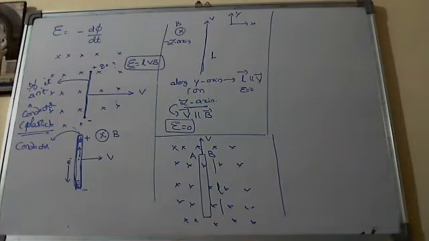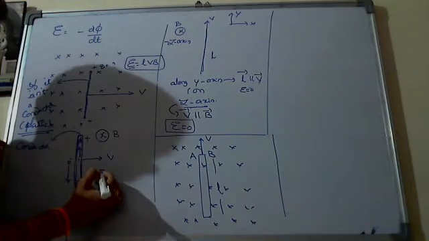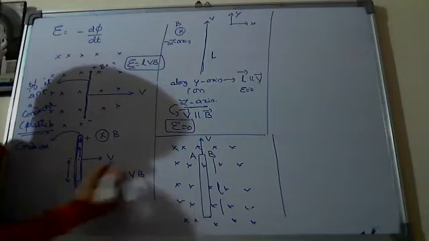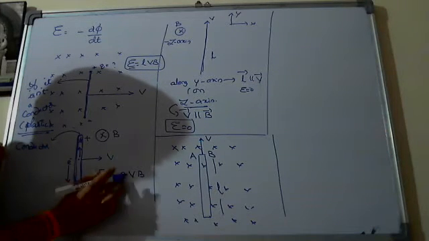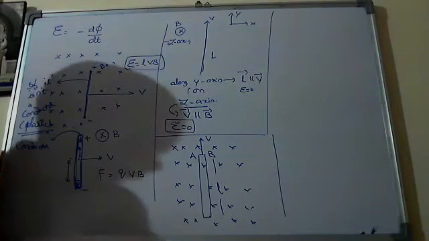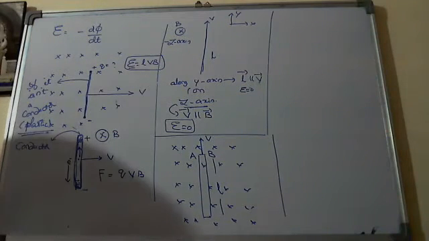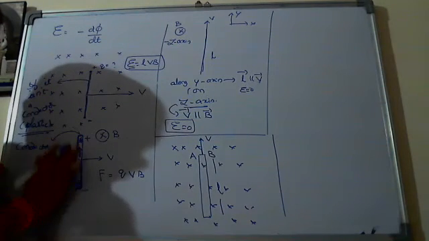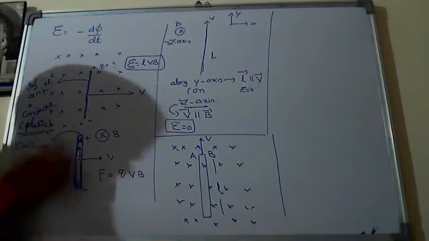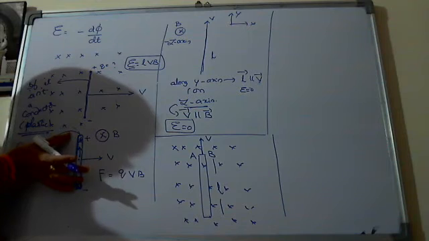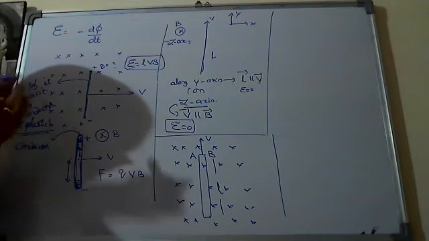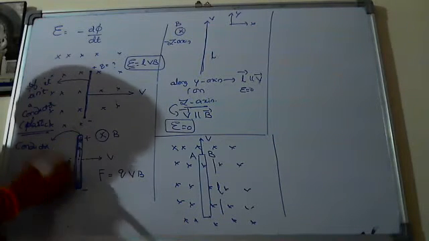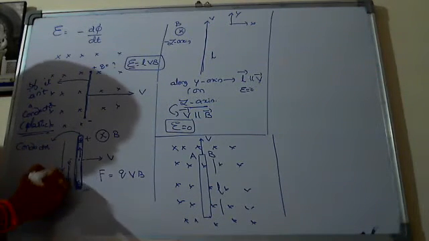In that concept, the force acting on each electron is F equals eVB. Finally, some amount of charge Q is accumulated here, and the total force acting on all electrons is equal to QVB. But the problem is, when electrons are trying to come down like this, some positive and negative terminals are already formed here due to the accumulation and vacation. By that, the electric field is always from positive to negative. This is the direction of the electric field formed.